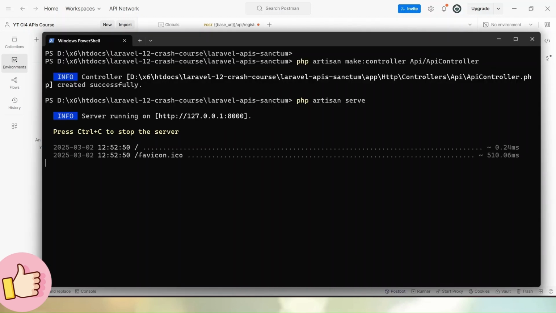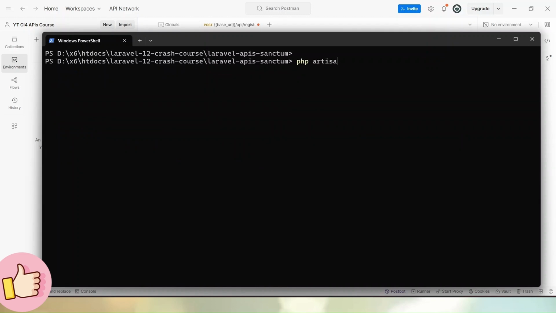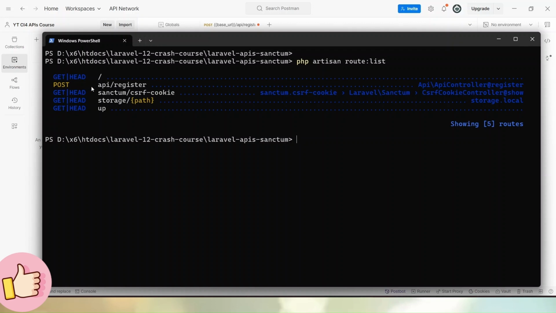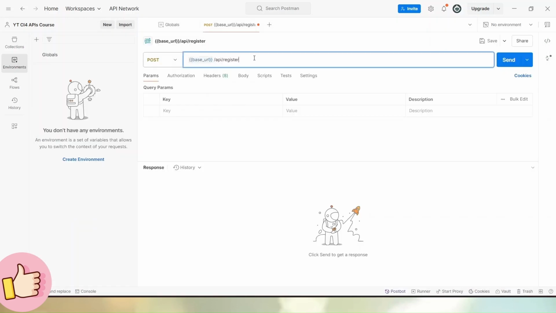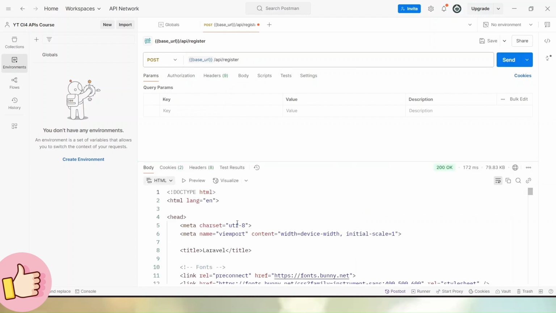Now if I go again to this project terminal, and if I type PHP artisan route colon list, and now you can see here we have an API route that is using post request type. So project URL, after that we have to pass API register. It will call a method that is register from this API controller class. Let's start development server. Now whenever if I call this API using post request type, click on send button,